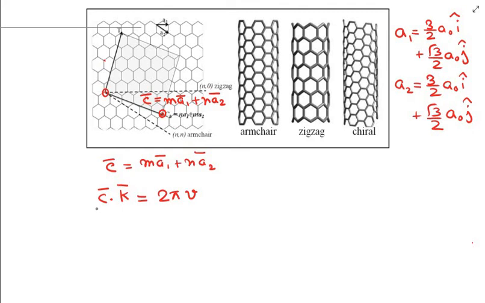So this basically means that the circumferential vector C dot the wave vector k should be equal to 2 pi v, where v is an integer. Now I just put these values over here. So this is m a1, and a1 is given by this vector over here. Let me write the full form: